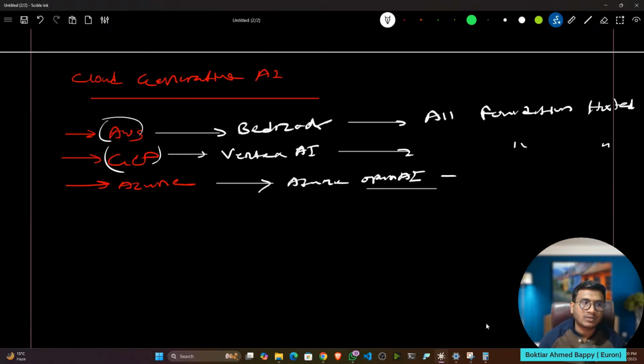That's why people are moving to the cloud Gen AI right now. Instead of using the model on their local machine, they are moving to the cloud Gen AI, because it has very powerful functionality. Even the pricing is a very small amount of money. Yeah, that's fine, because at the end, if you want to use something good, you have to pay. Nothing is free in today's world.